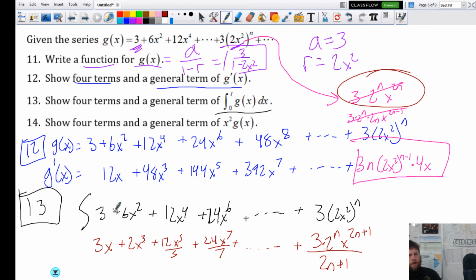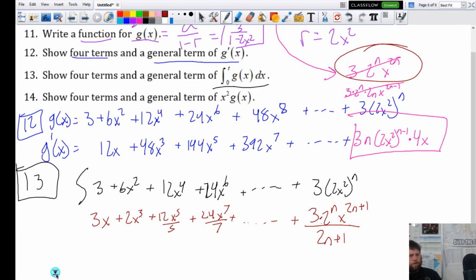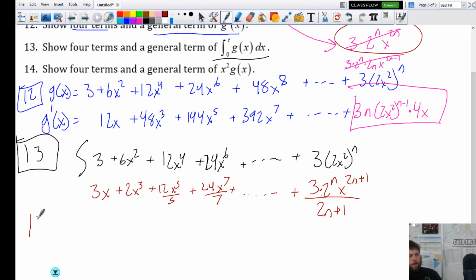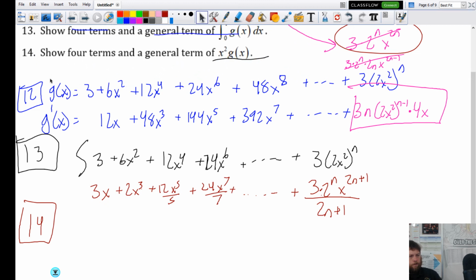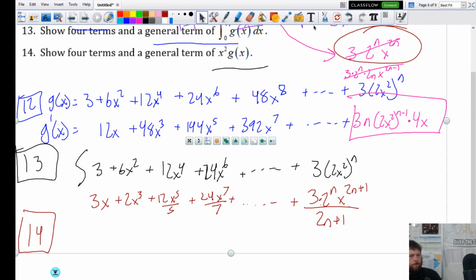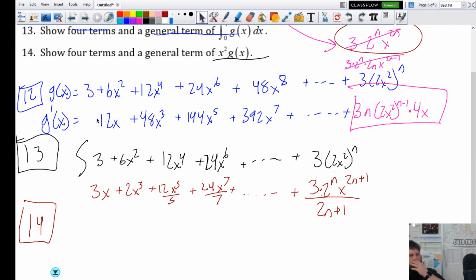Okay. 4 terms, so we did that. Let's do 14. 4 terms in the general term for x squared. Okay, so 4 terms in the general term. Basically, take this g right here. Oh, no. I'm going to take this guy. I don't want everything. I'm just going to multiply by x squared. So, and you only need 4 terms. So I'm going to